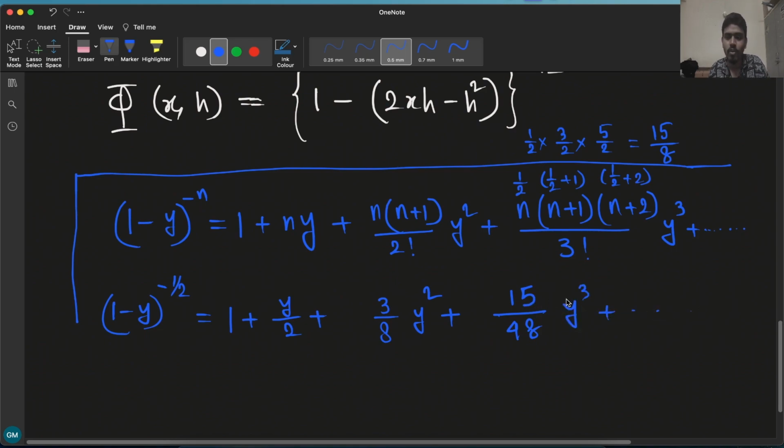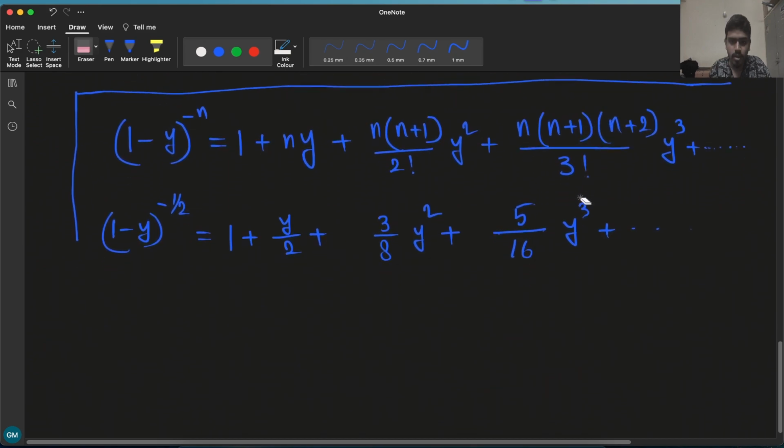Okay, 15 by 48, I can write it as 5 by 16 and higher order terms. Okay, now